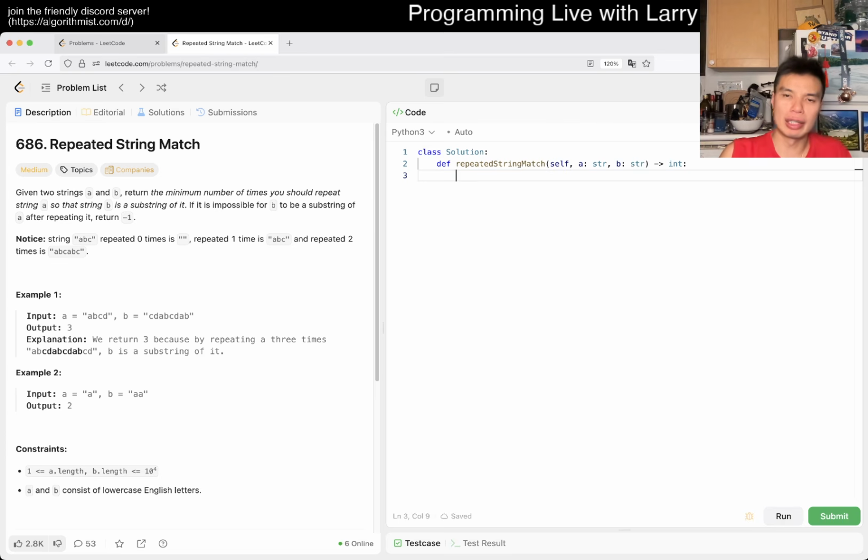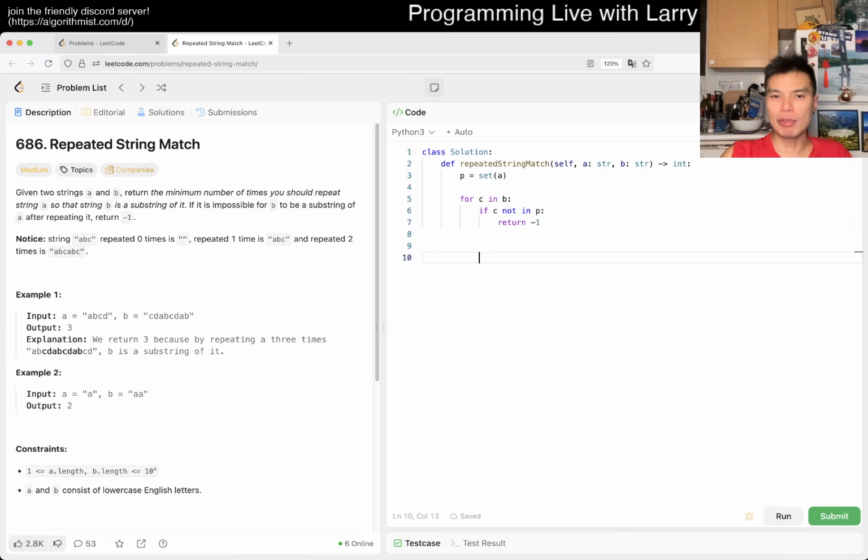So maybe you do something like, P for possible. For C in A, P dot add C, or maybe I could just do this actually, right? And then now for C in B, if C is not in P, then it's not possible to reach it, so then we just return -1. Otherwise, then we just do